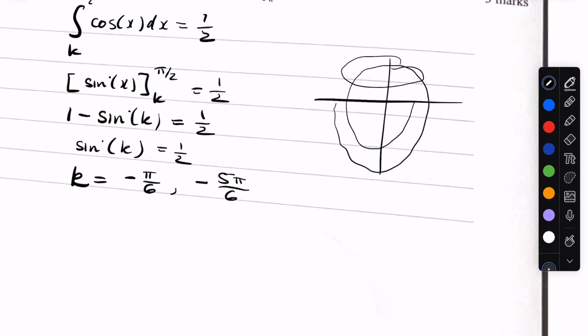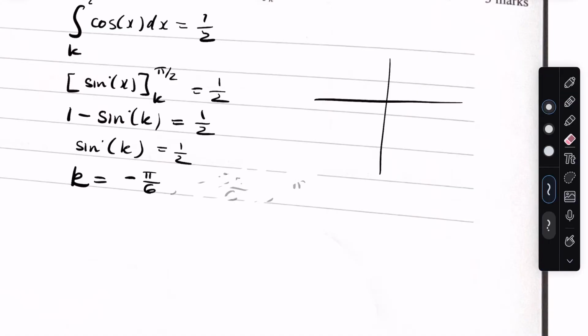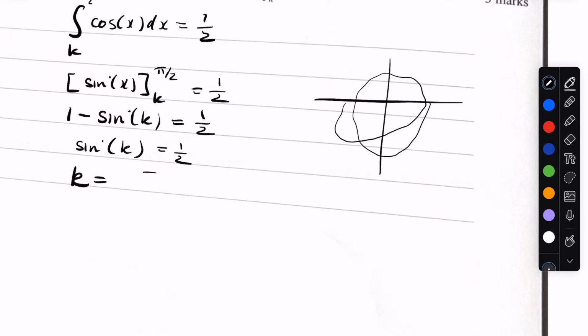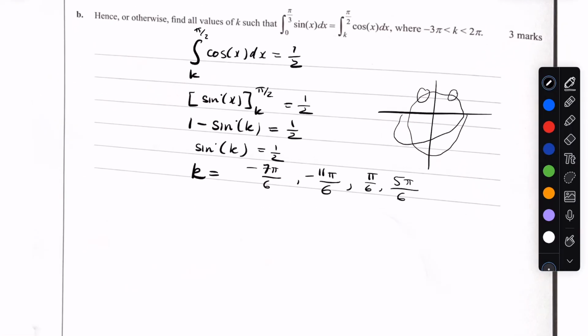And then we can go in the positive direction from 0 to 2 pi. And so that would be, sorry, I made a mistake. Not negative pi on 6 and negative 5 pi on 6. It's these two solutions. So negative 7 pi on 6 and negative 11 pi on 6. And then in the first two quadrants we have pi on 6 and 5 pi on 6. All